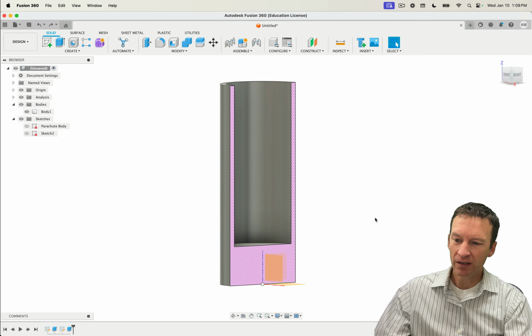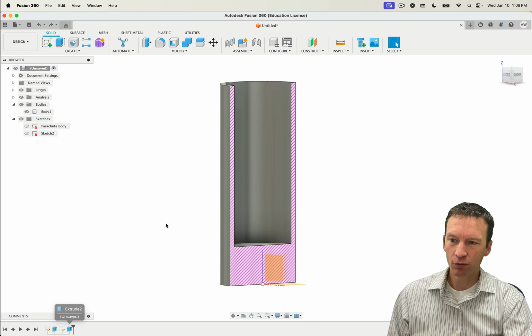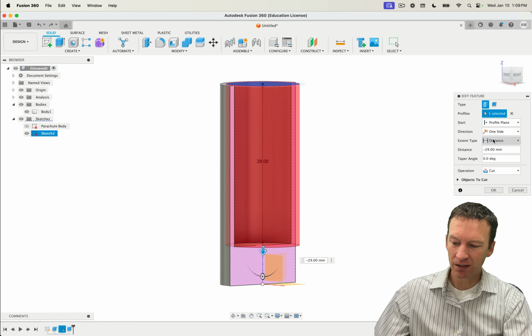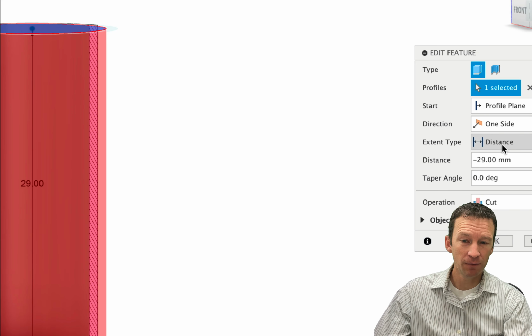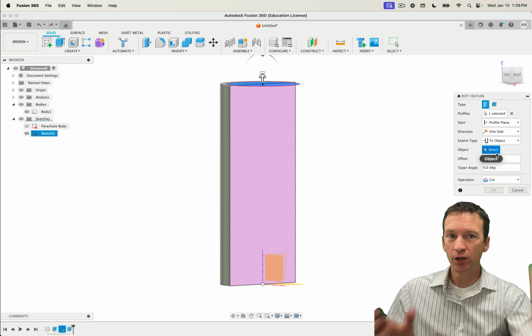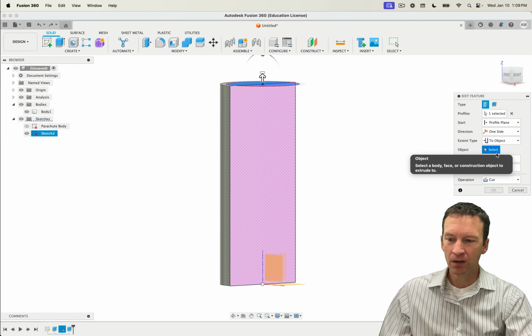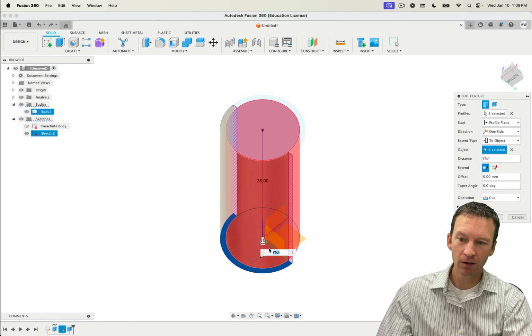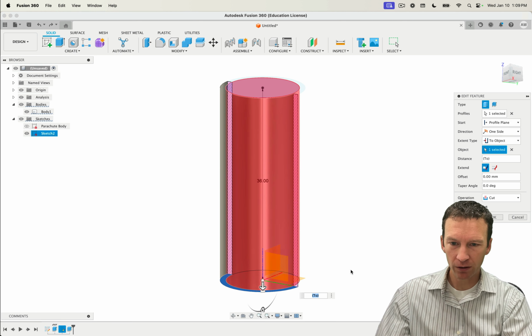So what I'm gonna do is instead of having this extrude command that's cutting down, instead of having a fixed value, I'm going to change the extent type over here. So instead of a fixed distance, I'm going to set it to object. So in other words, it's going to go to a specific value. And the object it's going to go to is just the bottom. So I'm going to select the bottom here, and you can see now it's cutting all the way through,